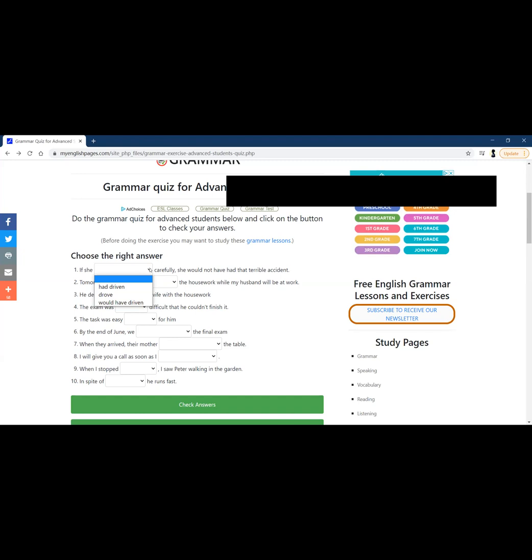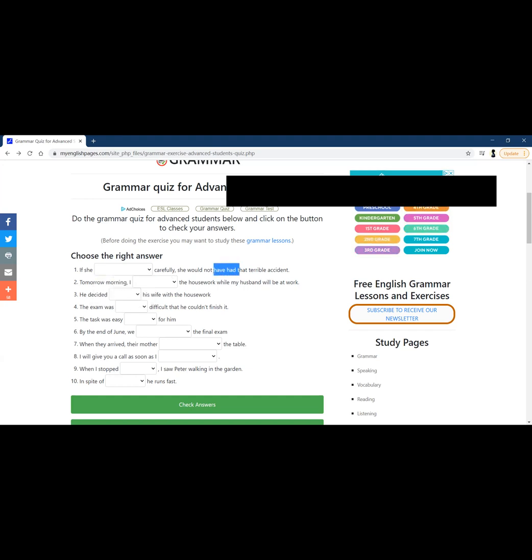So in this question, we can find some clues in itself. So here, she wouldn't have had that terrible accident. This sounds very weird and it sounds hard, but once you notice, here it is